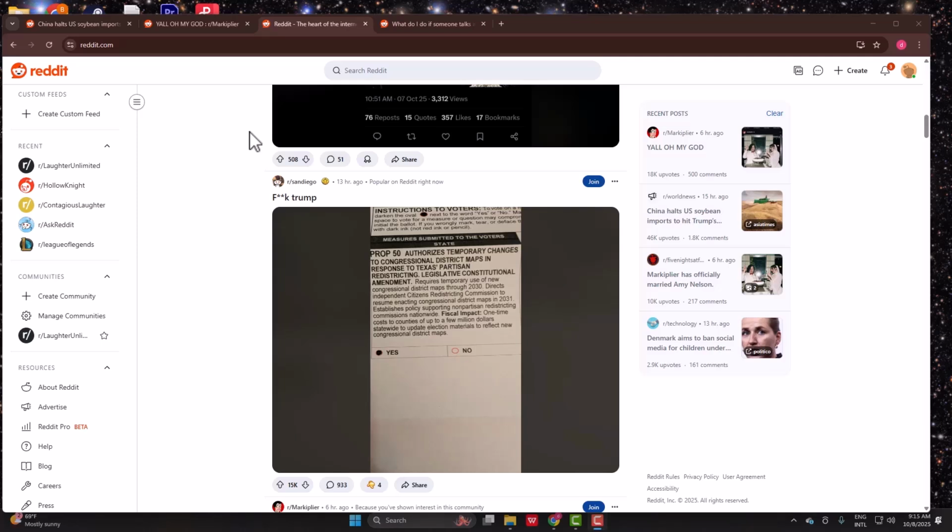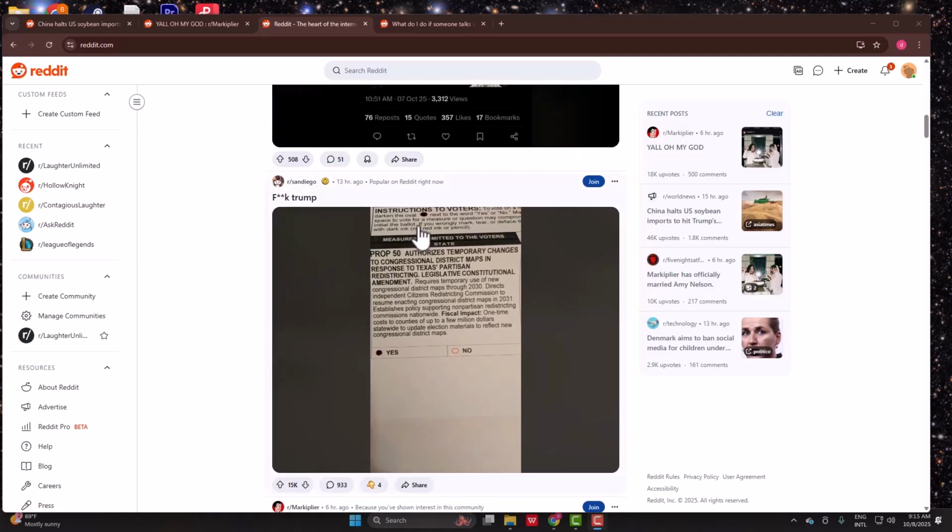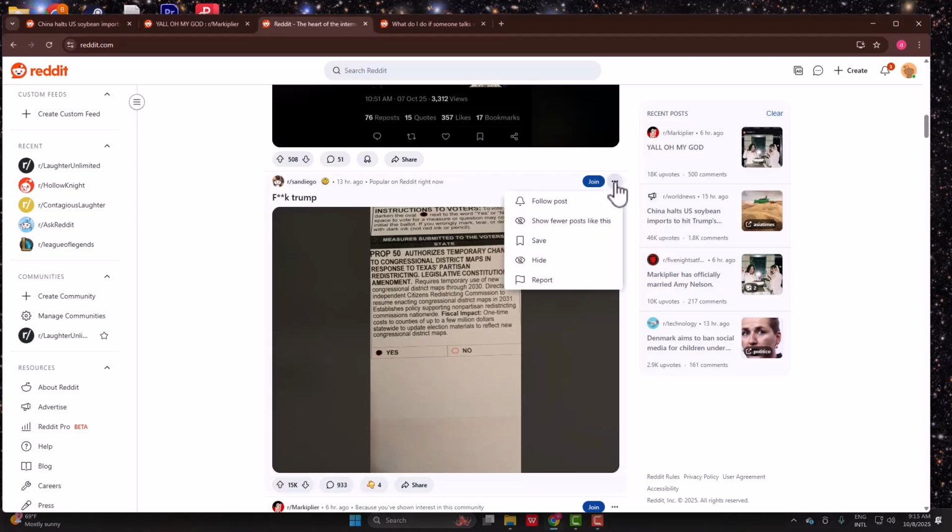So for example, as you can see in front of me, there is a F Trump post right over here, right? And for example, I don't like this and I want to go ahead and report this post. All I need to do is simply go ahead and click on this triple dot icon on the right hand side of the post, as you can see. And once you've clicked on that, click on this report button, which is going to be the last option right